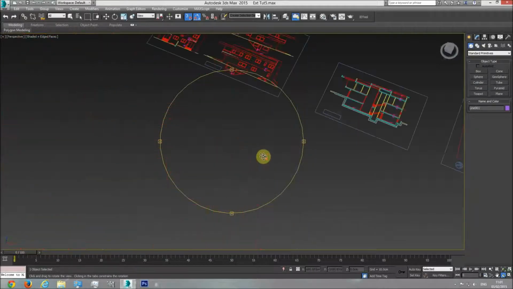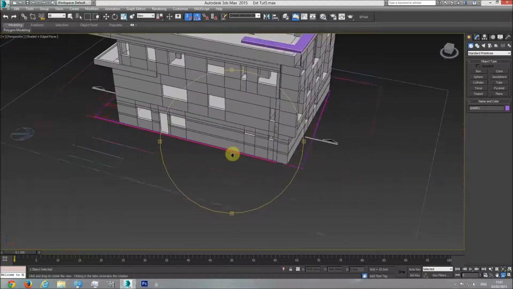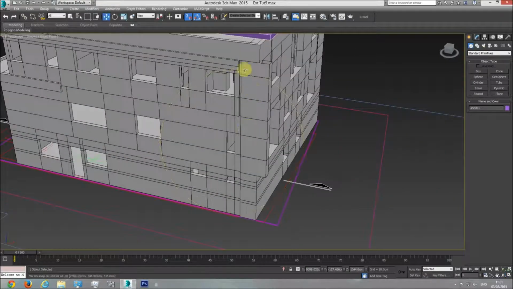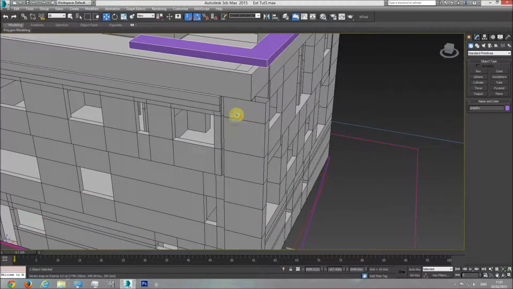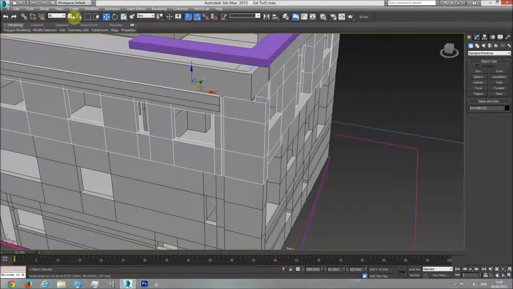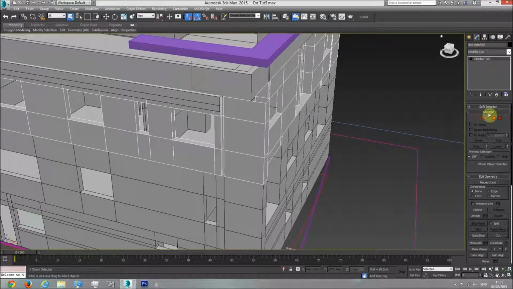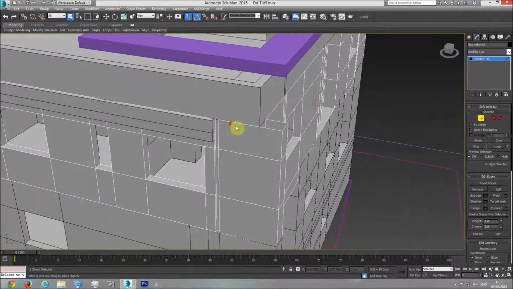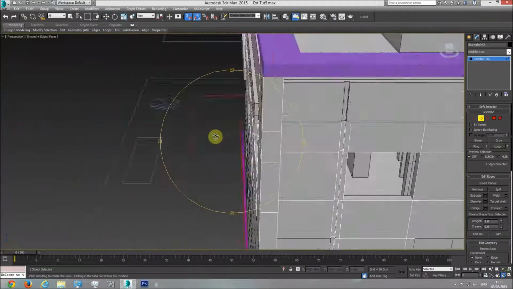Let's see what it is in our model. It is all this part here. So if I take this part and I take these edges 1, 2, 3 and I take them up so it connects with the element. Alright, so now we have our